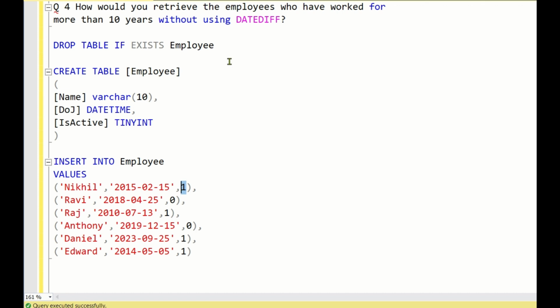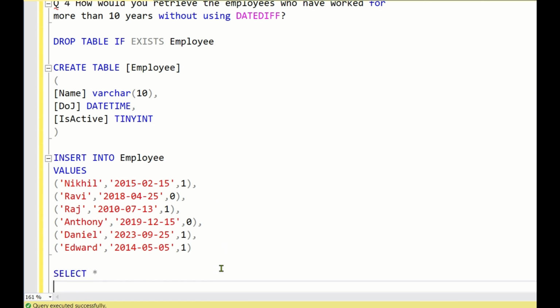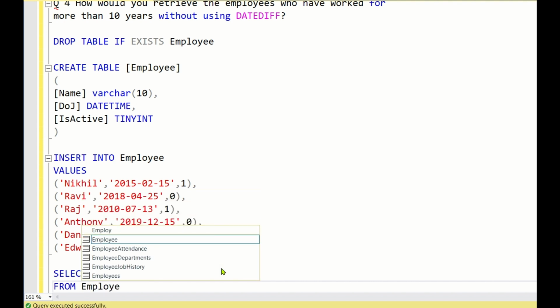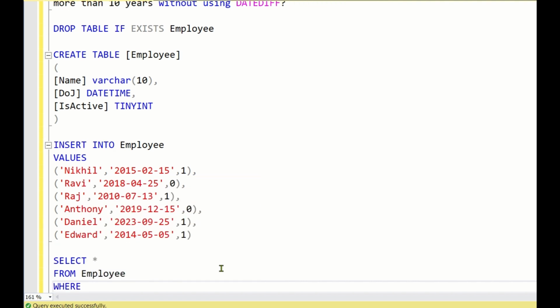With DATEDIFF, we simply calculate the difference between the date of joining and the current date, and we apply a where condition where DATEDIFF is greater than or equal to 10 years, then you can retrieve all the employees. But without using DATEDIFF, we need to retrieve this. So this is also very simple. So let's first write this: select star from employee where IsActive is equal to 1,